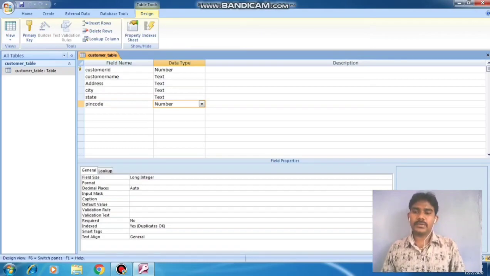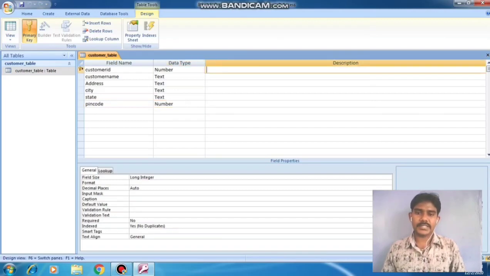After completing this, one more point: what is the description? Description is where you enter whatever helps you understand the customer ID. You have to type your understanding, your information, from there.